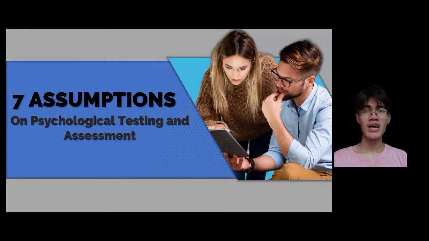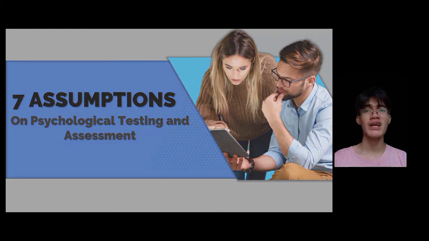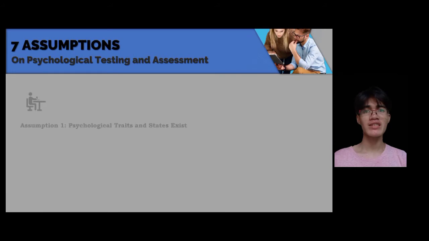So we are now done with chapter 3 of psychological assessment, which refreshed us on statistics. On this chapter, we discuss the overview of the elements of a good test. In order to understand the next and following topics, I will first introduce to you the fundamental assumptions that will be expounded by the following reporters later on. Now, I present to you the 7 assumptions in psychological testing and assessment.